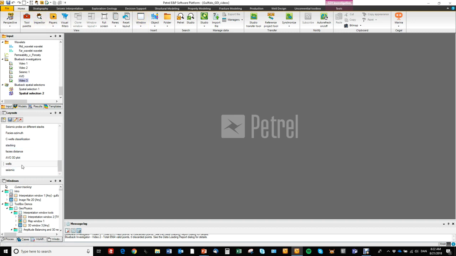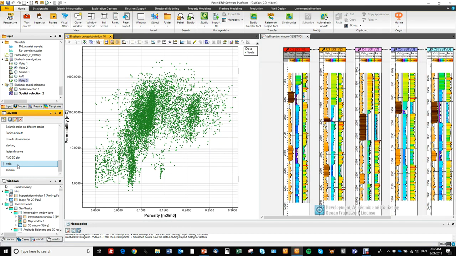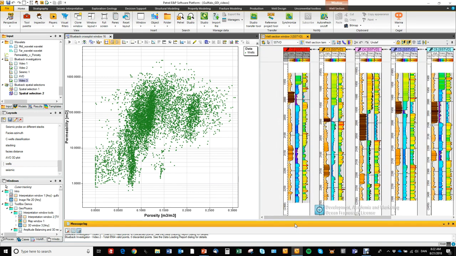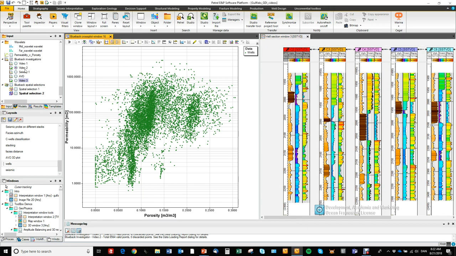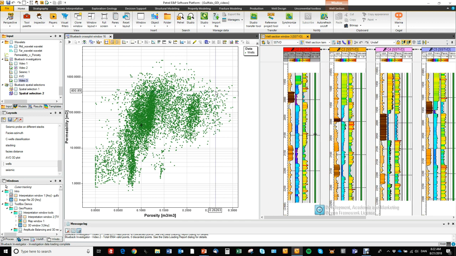So the first example here is some wells. We have an investigation with a perm plot here from the wells that are displayed in this well section window. So let's first display the investigation in the well section window. So we're looking at this investigation. We'll activate the Petrel window and display that same investigation. So you see the investigation now shows up in a separate track in the well section window,